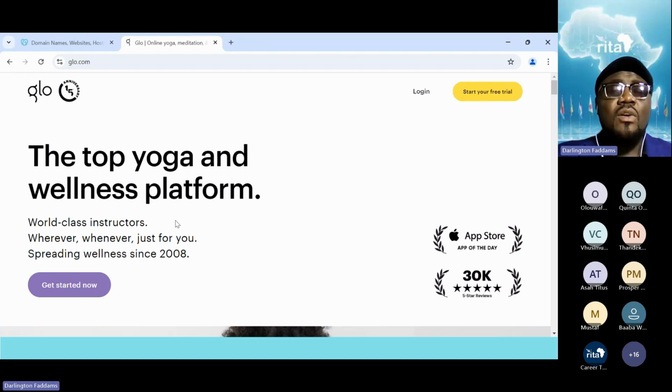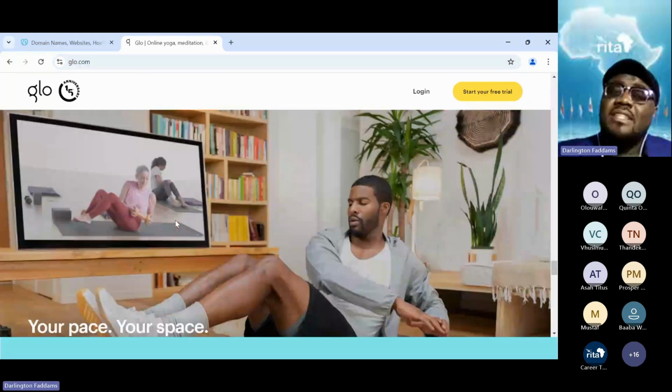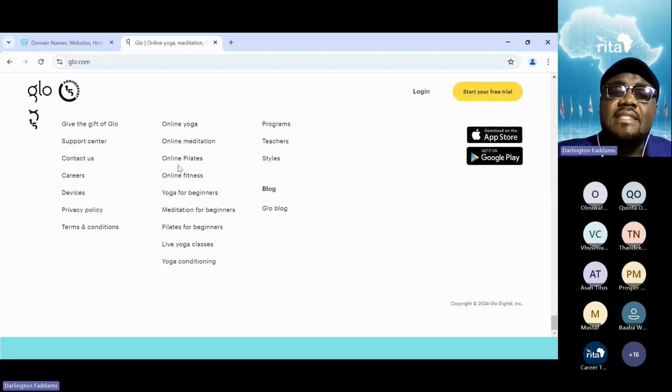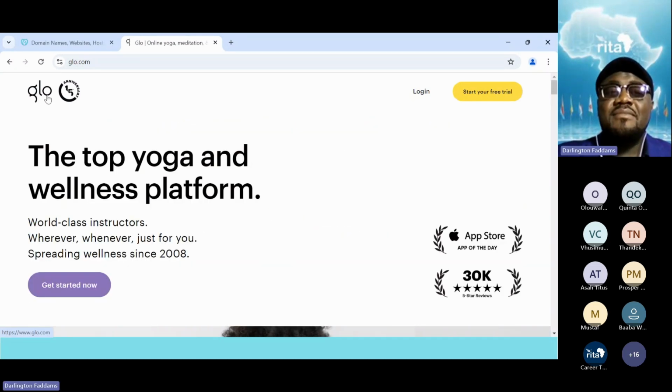The first time I checked this Glow website was 2015. That was the first time I checked it. And I saw this yoga company in 2015, 9 years ago. So for all this while, this name belongs to this yoga company. And Glow cannot do anything about it because they have registered it. But if this company decides to sell the name, they can sell this name for a lot of money.